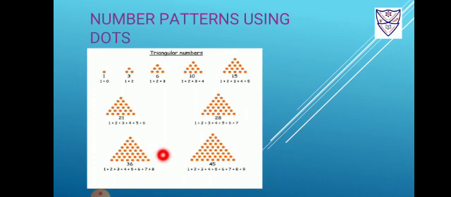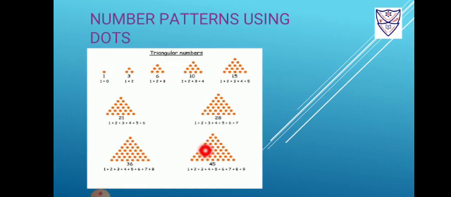Now 36 means first of all for this we are having 1 plus 2 plus 3 plus 4 plus 5 plus 6 plus 7 plus 8. That is total 36 dots. How is it formed? Of the earlier figure, total 28 dots, and then above that we will draw 8 dots. That is 1, 2, 3, 4, 5, 6, 7 and 8.